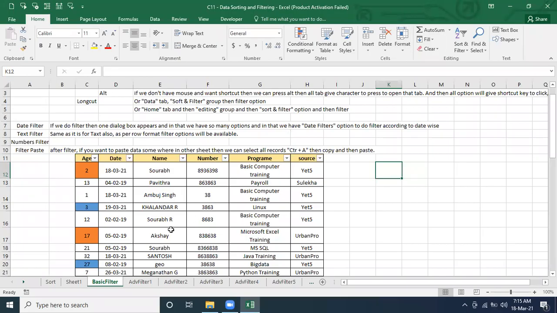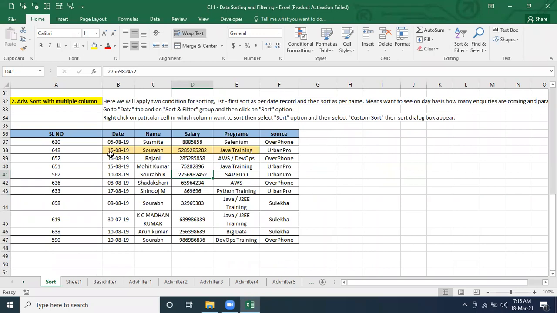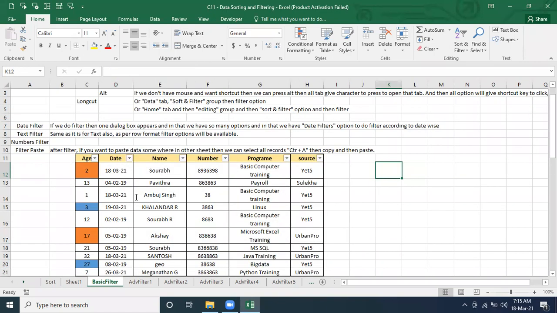Okay, so in last class, we discussed sorting completely. What is the custom sort? If you are going to sort multiple columns together, like let's say by name, and apart from that name, by salary also you want to sort, then we have to go for custom sorting, correct? So already we discussed it, and then after that we came to the filter, and in filter I explained about the options related to the name.